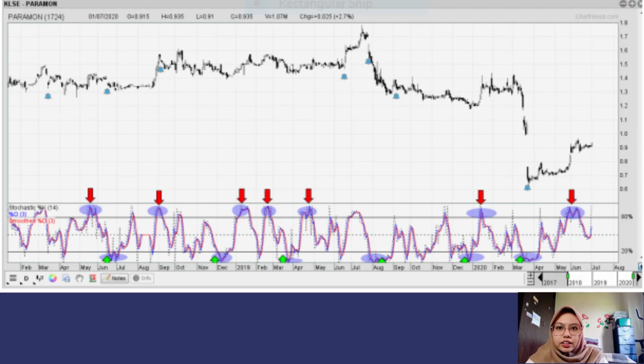So we can see in the chart several buy and sell signals generated by the stochastic indicator from 2018 to January 2020. One of the sell signals can be seen in January 2020 when the K% range of the stochastic scale rises to more than 80, indicating an overbought situation that may contribute to a stock sell-off. On the other hand, because the stock is oversold, one of the buy signals can be seen in June 2018. When the K% line on the stochastic indicator falls below 20, a buy signal is generated.